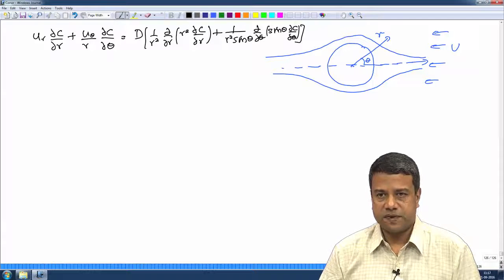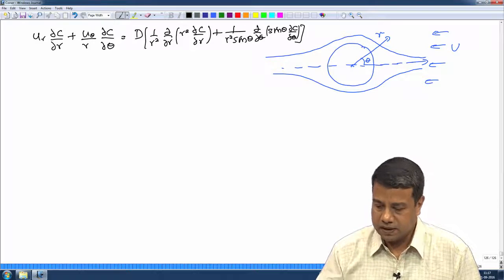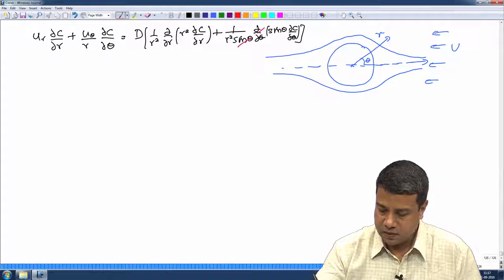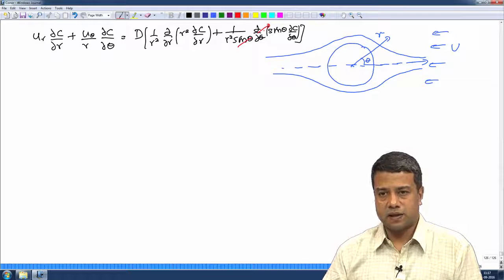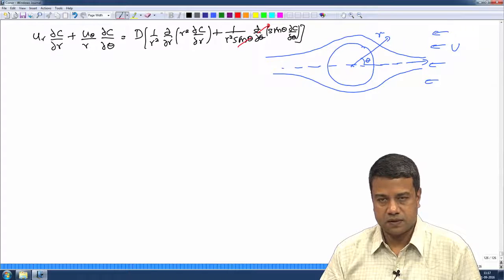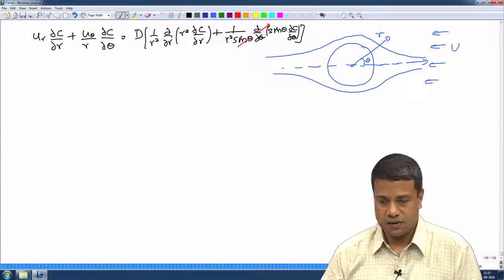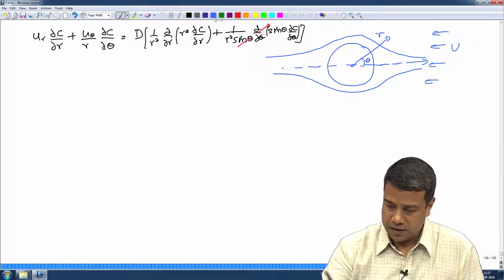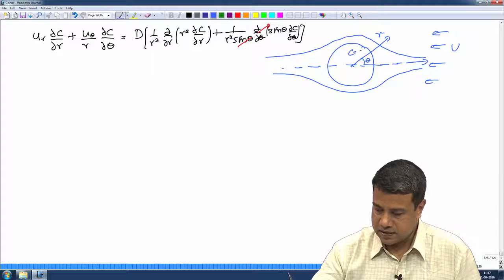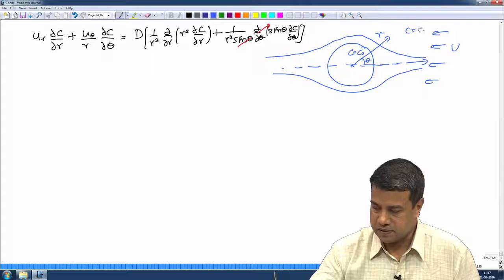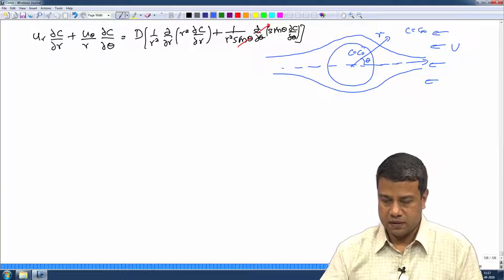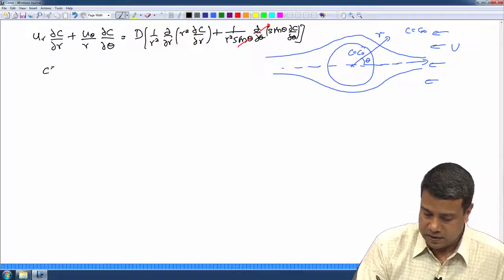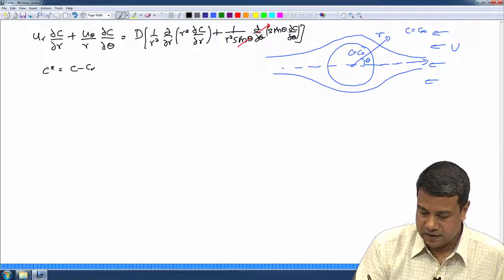Now, we have enough experience with boundary layers to know that we can neglect the streamwise diffusion in comparison to the cross stream diffusion. So, the equation becomes a balance between streamwise convection and cross stream diffusion. Boundary conditions: at the surface, C is equal to C naught, and far away, C is equal to C infinity. So, we can define C star is equal to C minus C infinity by